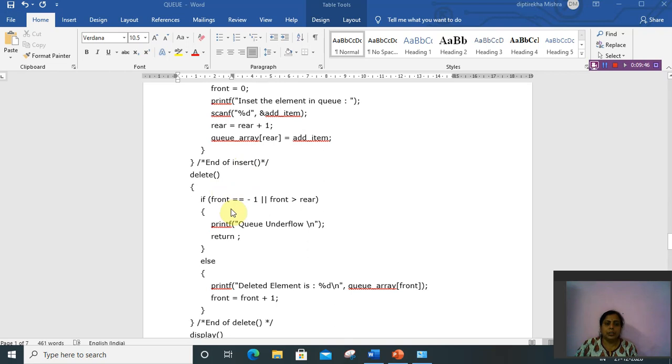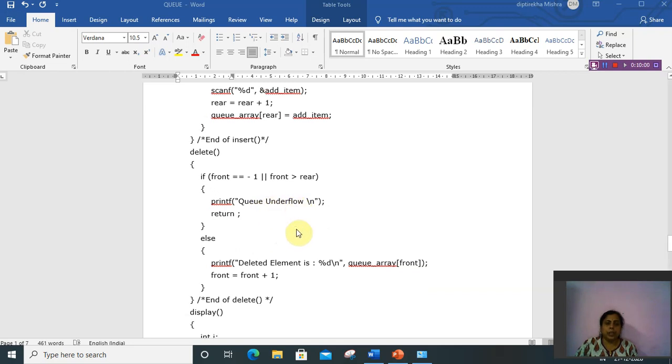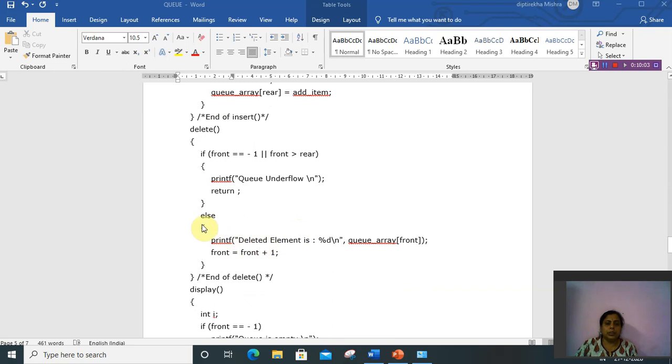In the delete function, if front is -1 or front is greater than rear, meaning there is no element, then the queue will show underflow. Okay, else the element will be deleted. When an element is deleted, front will be front plus 1.